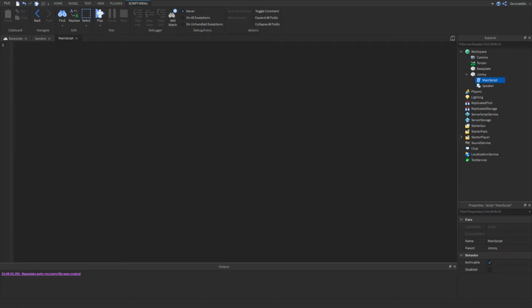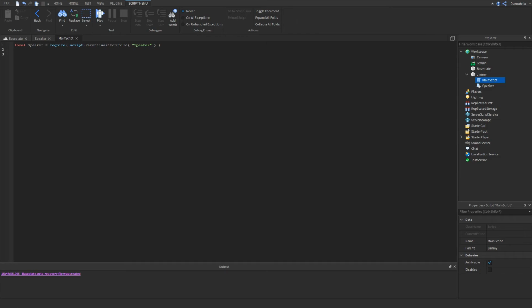Now that we're back to our main script, let's add a variable to the top of the script. This variable can be called anything, but it's easier to just name it the same as the module for consistency reasons. After you create the variable, you'll need to add a require and then add parentheses with the location of the module script inside of them. This tells the computer that this variable is a module and needs to be required before the script can run. If you forget to add the require portion, then the computer will treat it as an object and will break your script once you try calling a function from the module script later on.